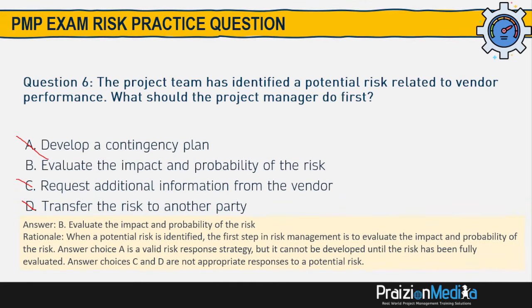Evaluate the impact. When a potential risk is identified, the first step in risk management is to evaluate the impact and probability of the risk. Answer choice A is a valid risk response strategy, but it cannot be developed until the risk has been fully evaluated. Answer choices C and D are appropriate responses to a potential risk. Let's move on to our next one, which is